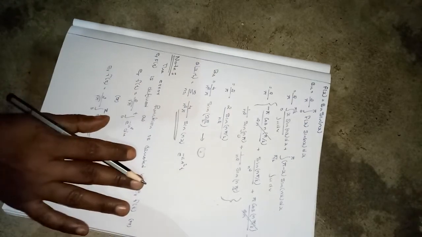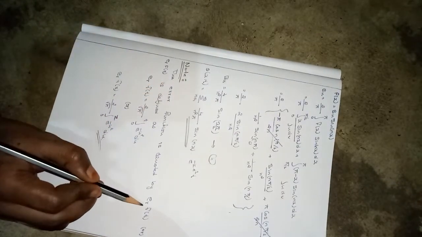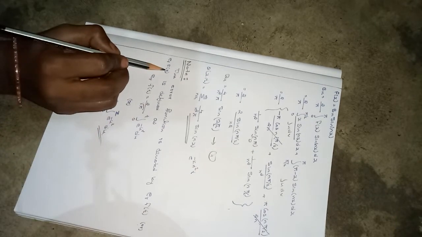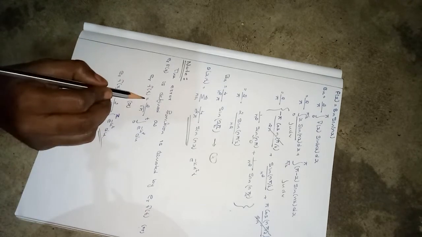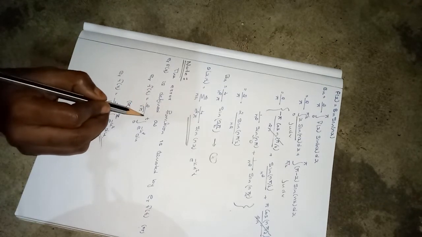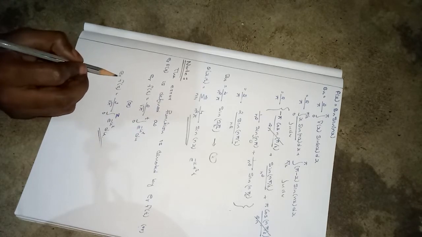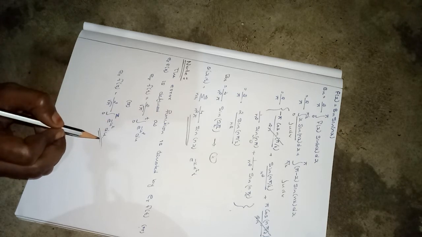That's all. And now a note: the error function is denoted by erf of t or erf of z, in terms of t or z. erf of t is 2 by root pi integral over 0 to t e power minus u square du, or in terms of z, erf of z is equal to 2 by root pi integral over 0 to z e power minus u square du.